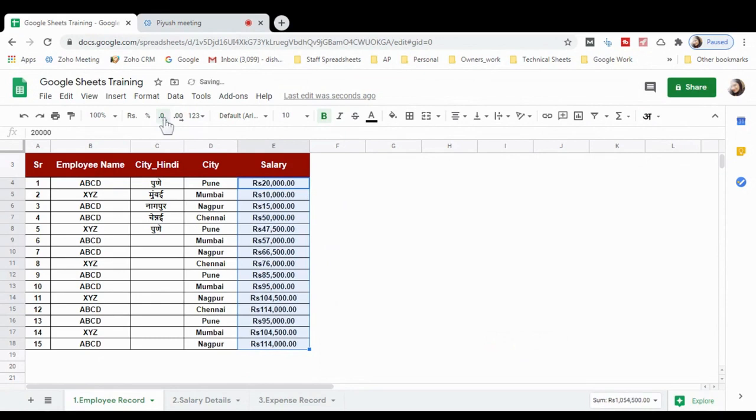To decrease them, you can simply decrease them from here. If you want to convert it into a percentage, then simply click on percent. You can check the percent symbol has come here. Like this, you can change the basic settings.